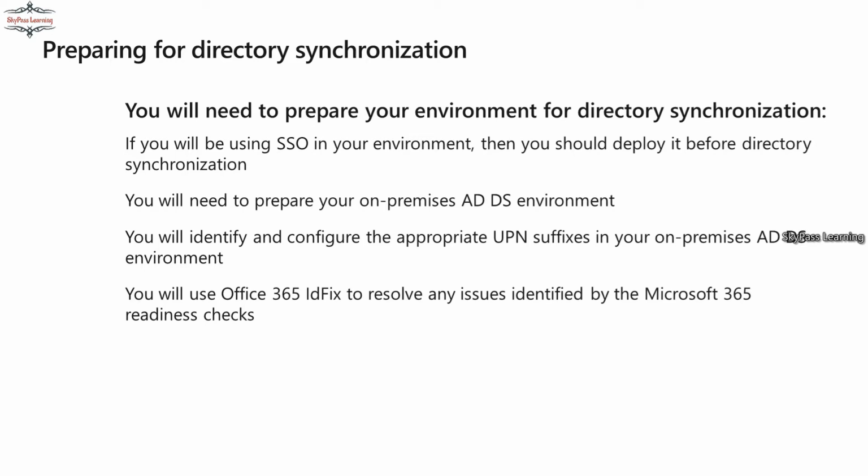It is always recommended to use a different domain for publishing externally in comparison to internal. So for the internal domain, if I use abc.internal or abc.local, and my external is abc.com, in this scenario you have to add the UPN suffix. For the UPN suffix, you have to add an additional UPN in Active Directory for all your accounts, and I will show you how we can set it up. We also have IdFix for Office 365 to resolve your issues and do a health check. I will show this also, how the AD synchronization works and how we can enable Azure AD Connect.